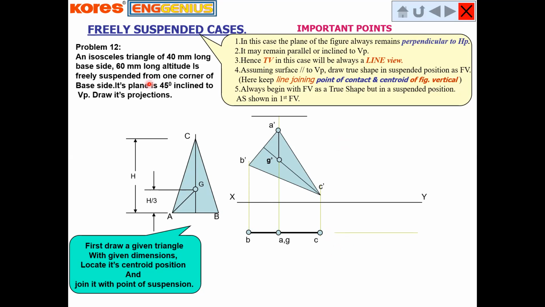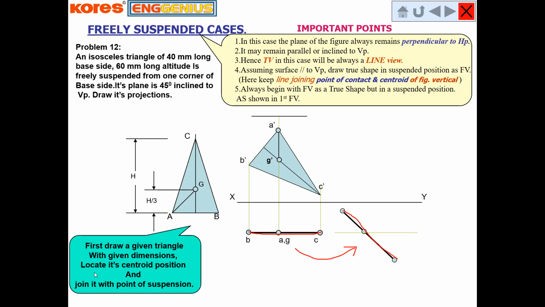Now, it is given that we need to incline this plane at 45 degrees with the VP. So here we need to draw one line at 45 degree inclination, and on that line we need to regenerate these points over here. This is nothing but copy and paste, but at the given inclination, same as our previous numericals. We are doing the same thing, copy and paste of this top view, but at the given inclination.